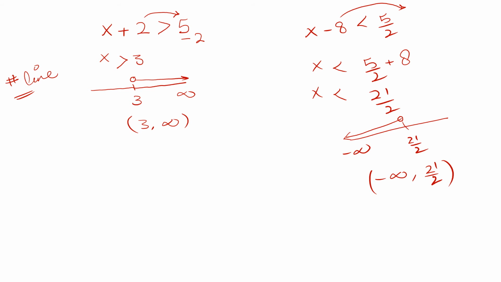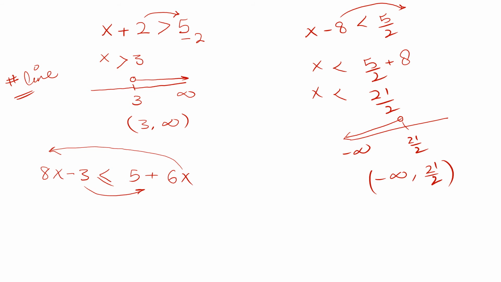Now the next thing, if they give you a little bit complicated question, for example x minus 3 less than or equal to 5 or 8x minus 3 plus 6x, for example, this is the question. So always here on the right hand side there are x and a number, and on the left hand side also the x and the number. So bring all the x on one side and bring all the numbers on the other side.